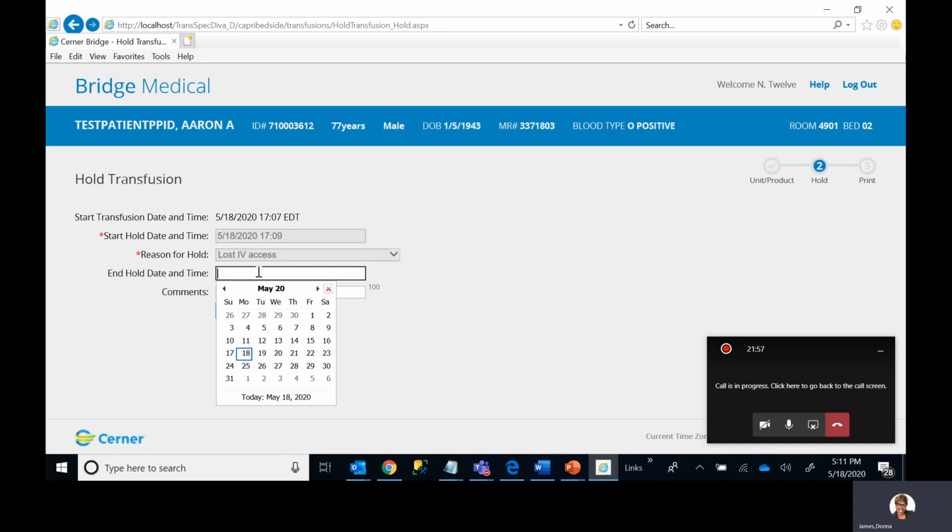So once you click in this field, a calendar will appear. You can select the current date. It will default to the current time. As long as that end hold date and time does not precede the start of your hold or the start of the transfusion. You still have a 100 character limit for any comments you would like to enter, and then